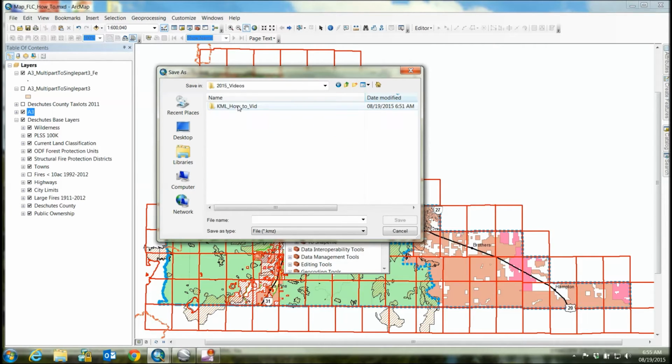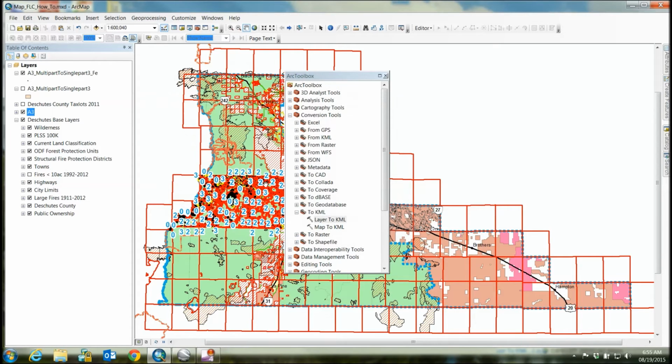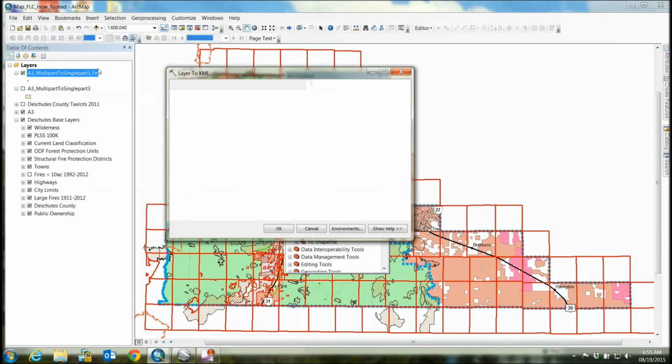Where are my videos? So there's the A3 poly so I can see what it looks like. Say OK. So it's making it, and then now I want to also do this. This is going to be my label, this multi-part to single part up here where it's just a little dot. So again, layer to KML,